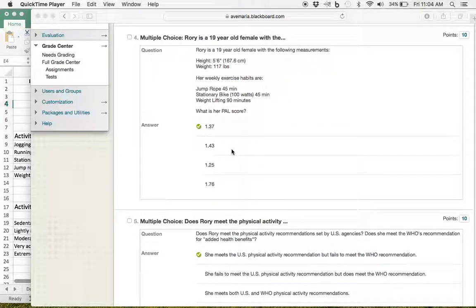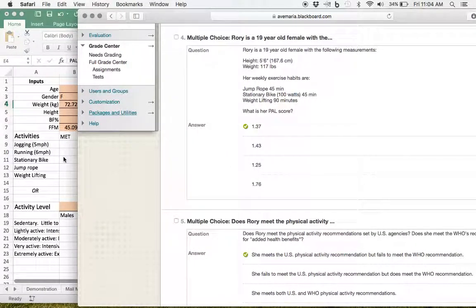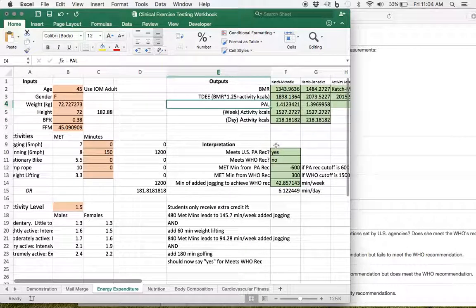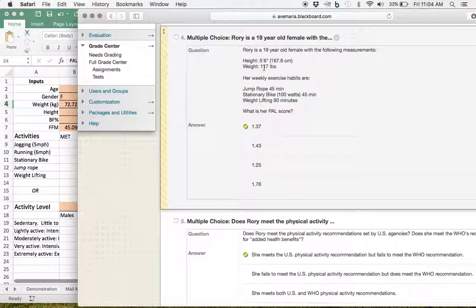On to two questions about Rory, a 19-year-old female, about 5 foot 6 inches tall, 117 pounds. She jump ropes, she rides a stationary bike, and she weightlifts. And the question is asking what her PAL score is. So from this information, we can go over to our Excel sheet, and we understand now that given the measurements